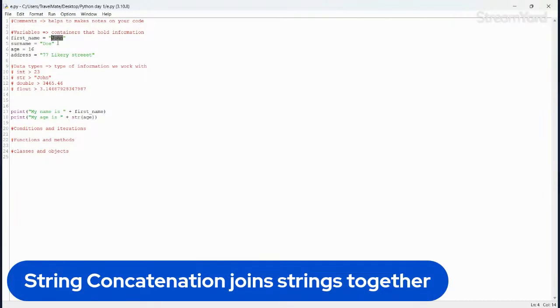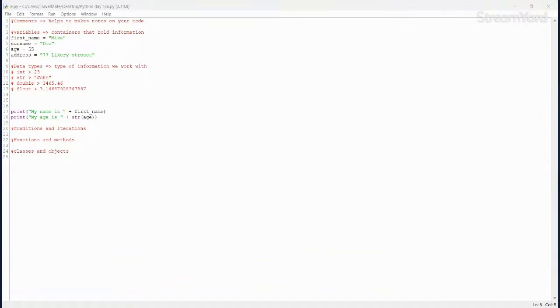Because even if I had to change the name John and I say Mike, and Mike is not 16, but he is 55, and I press F5 and I run my program, you will now see that my values have changed. So that's the reason why we have variables: we define our variables once, and the only thing we have to do is just call my variable.